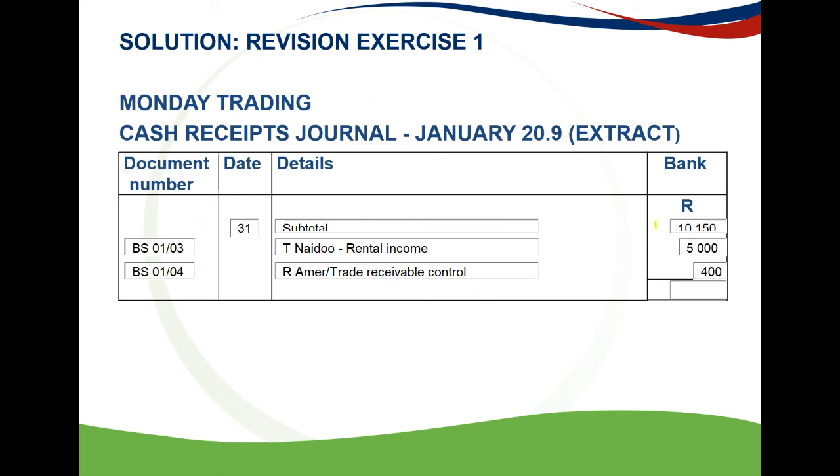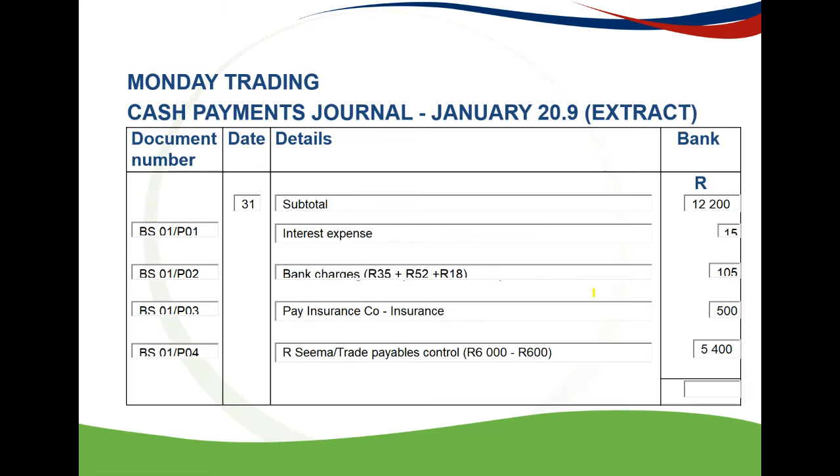So we now must add up. We start with the subtotal of 10,150 plus our entry of 5,000 plus our 400. If we add up, we will get our total of 15,550. Okay. For the cash payments journal, we had a subtotal of 12,200 before we then recorded